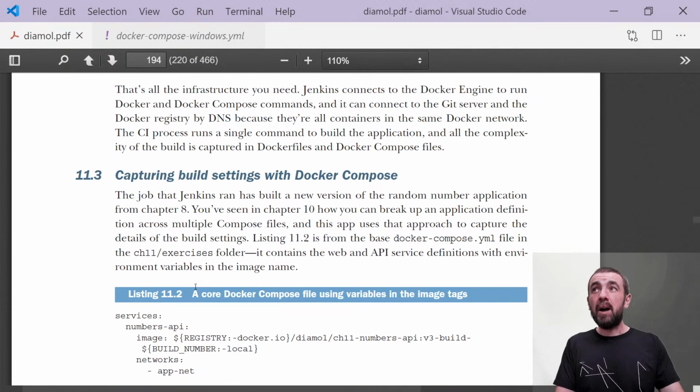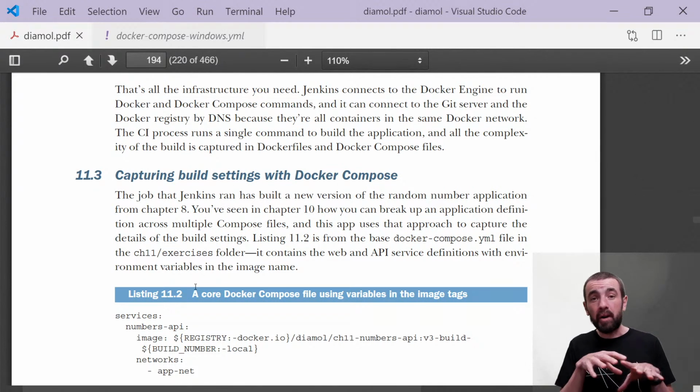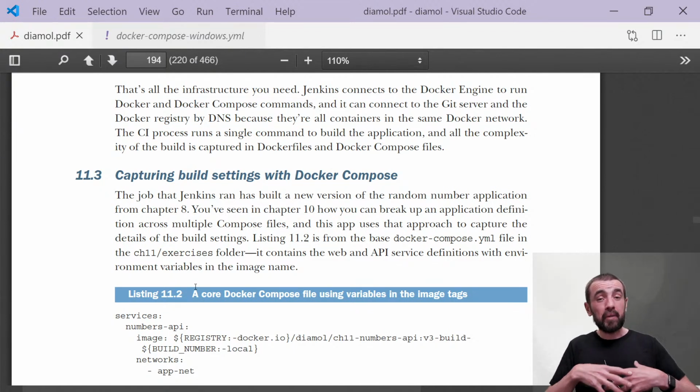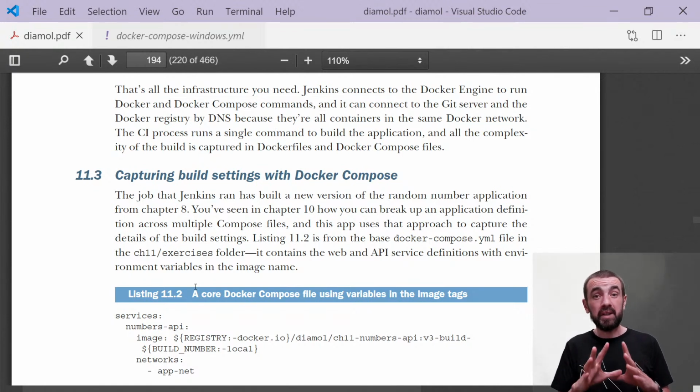So now the clever stuff then is that the CI process is just running Docker commands to do all the stuff. So when I run a Docker Compose build locally on my machine, the exact same process will run in the CI server. Not just the same process, but exactly the same input. So those Docker Compose files, those Dockerfiles, they live in source code along with the actual source code. So when the build server is doing the Docker build command, I'm going to get exactly the same results as when I build it locally, which is another great advantage with the consistency, because developers tend to work in their